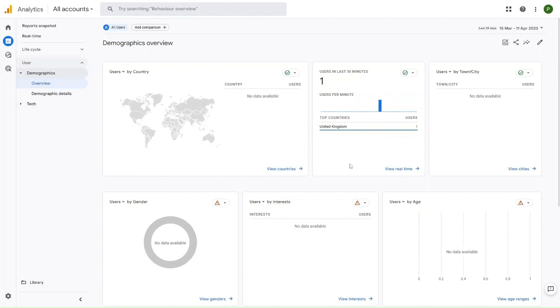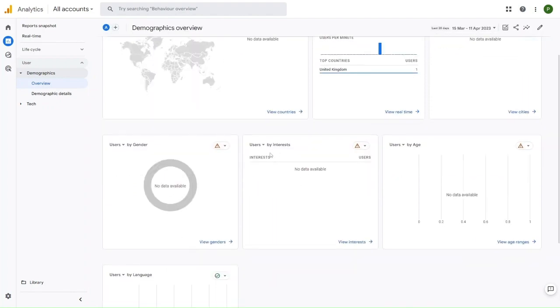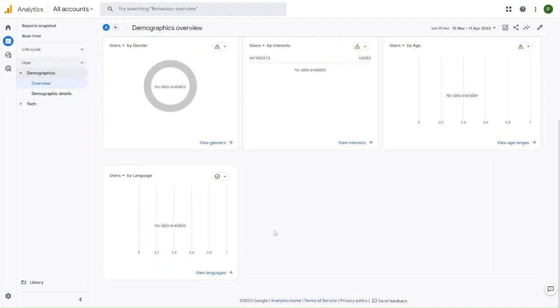It can also show the users by interest. So Google Analytics can provide data on the interests of your website visitors based on their browsing behavior. So this information can help you tailor your content and marketing efforts to better meet the needs and interests of your audience as well. And depending on what kind of website you are, if you have a language tracker feature